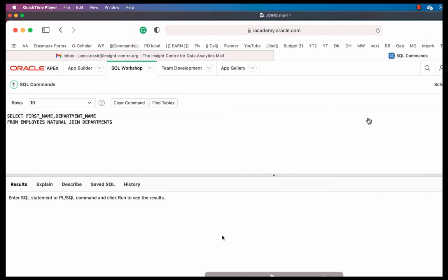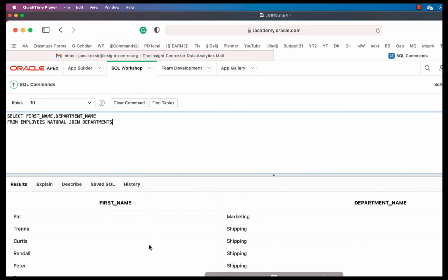So for natural join, this is the only query we can easily execute, but it is only possible when both tables, employees and departments, have one common attribute with the same name and the same data type, and we have department_id, right? So we can execute this join query, and you can see we got results. So first name is there and department name is there. Okay, so this is the natural join query.